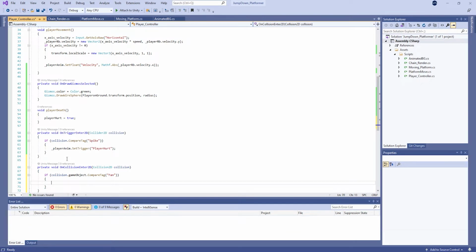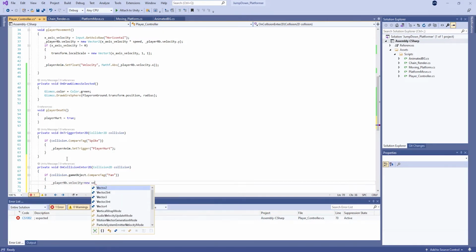It will push the player RB, and it means player RB dot velocity equal to new Vector2,